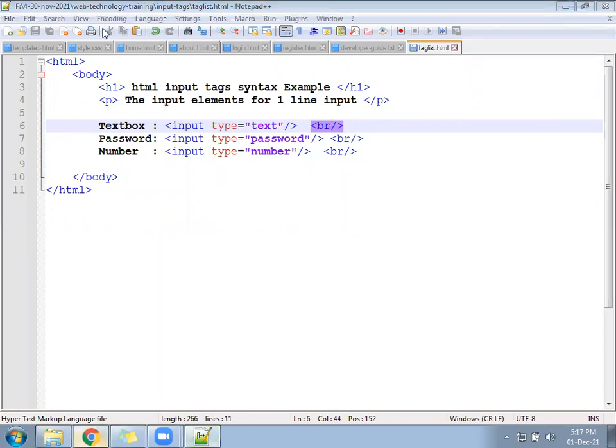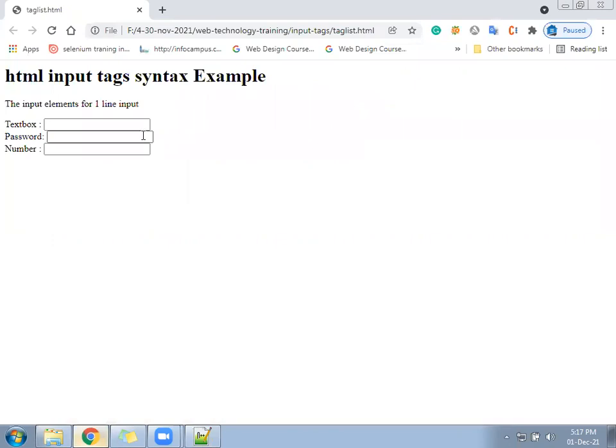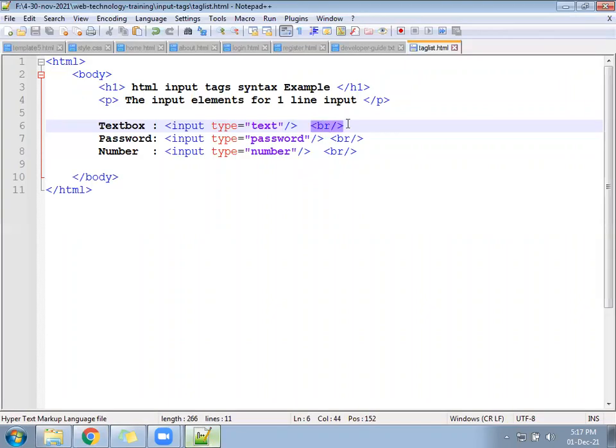Check now. All should go to the new line. But see, it looks congested. So what can we do? If one BR has broken one line, why can't we apply one more BR? The double line break will happen. You will see the double space.